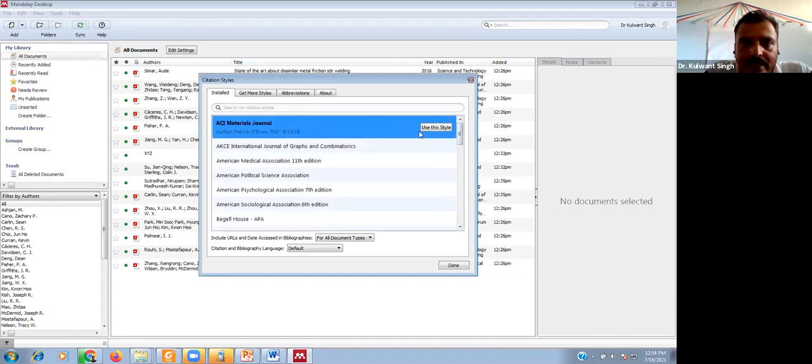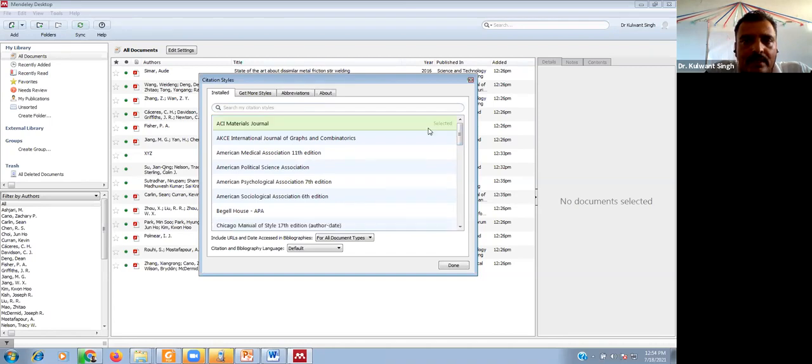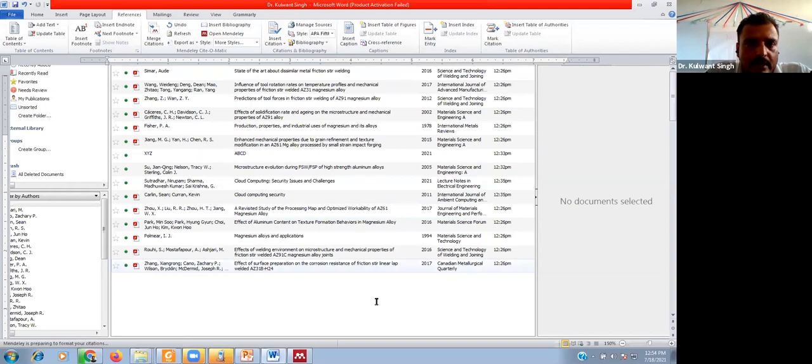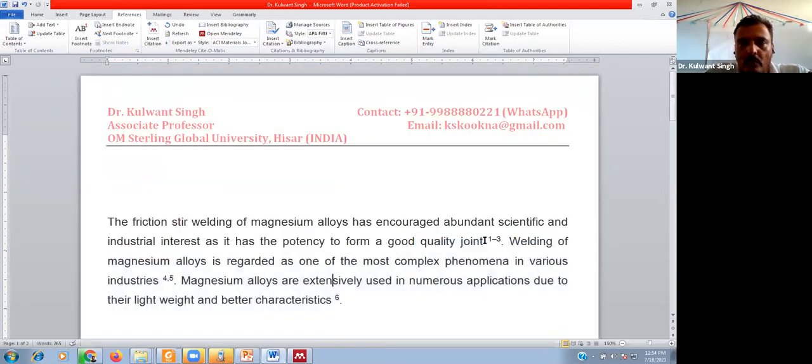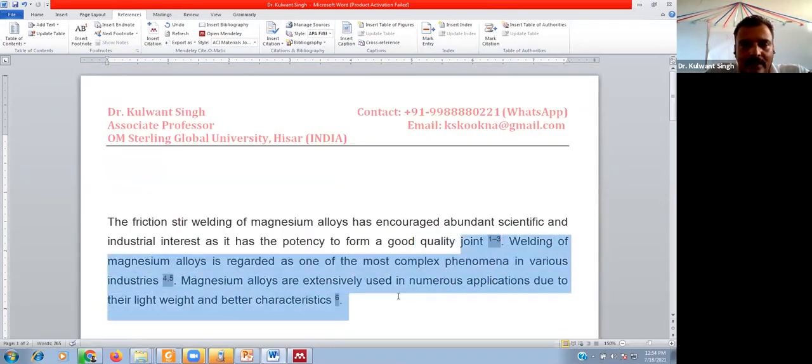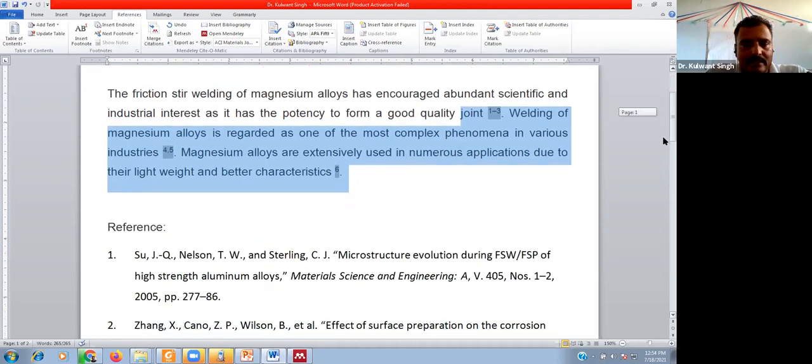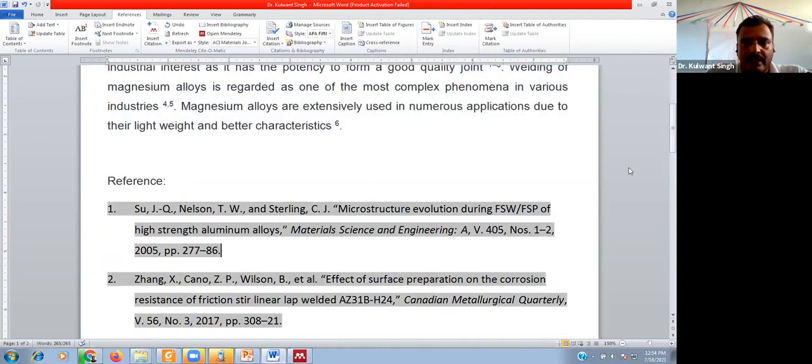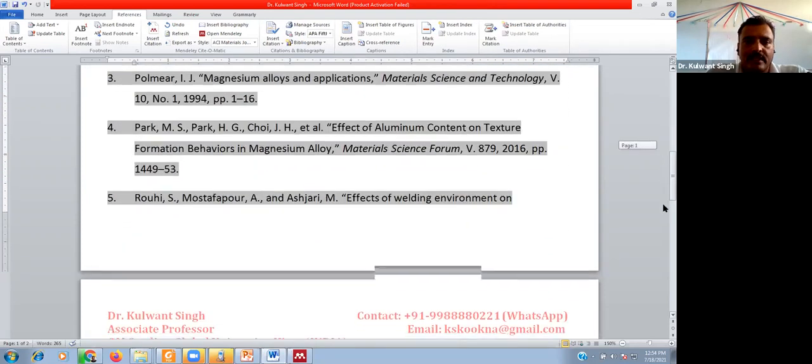Then we have to select the appropriate style and use it. Now it is selected, and just click okay, and it will be automatically modified or updated according to the selected style, and the references are also managed according to the particular style.